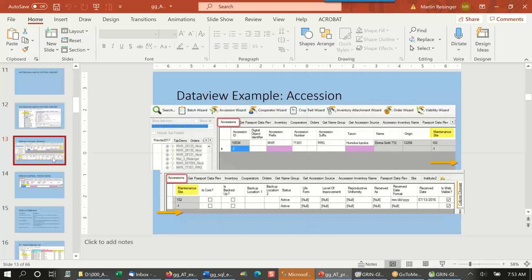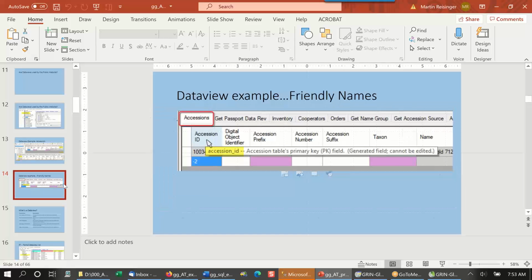Oops, let's see. Okay. So right now I'm looking at the data view inside the curator tool. So if you've worked with the curator tool, you've worked with accessions, and you know the accession has a lot of fields, and I couldn't fit it all on one screen easily, so I put it down here as well. Right? So let's take a look at this in some detail. So first of all, the name up here that shows up on the tab by default, the software suggests the name that was given to the data view of